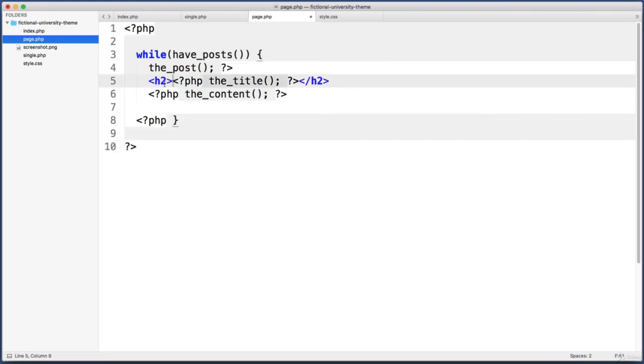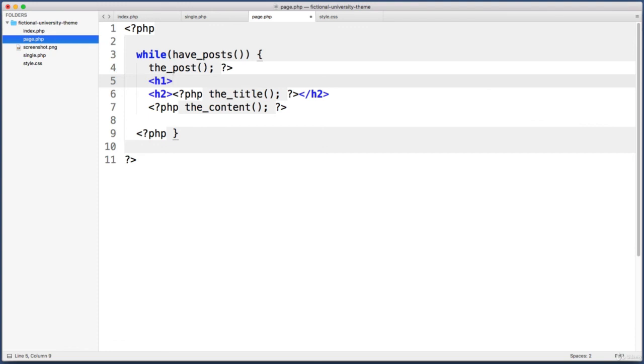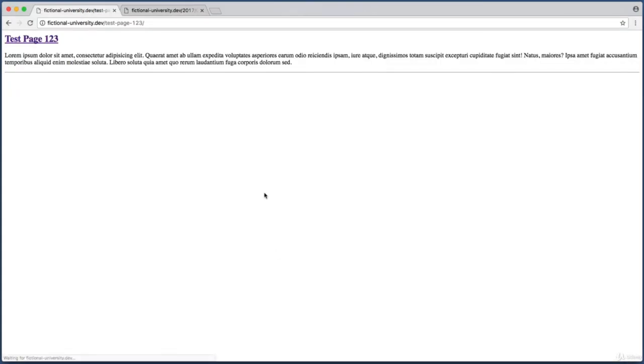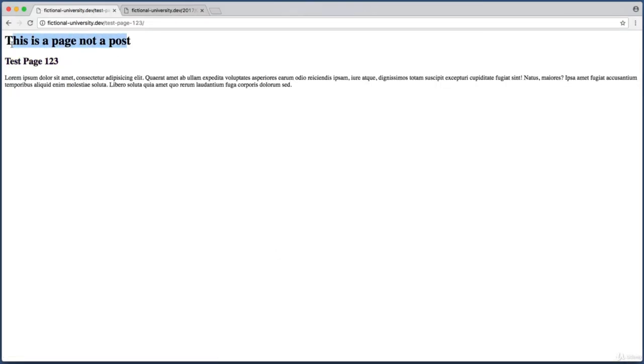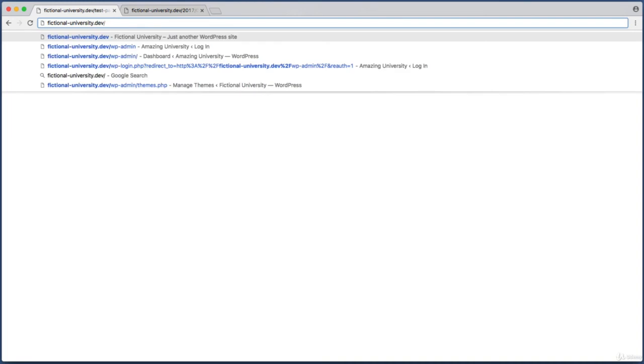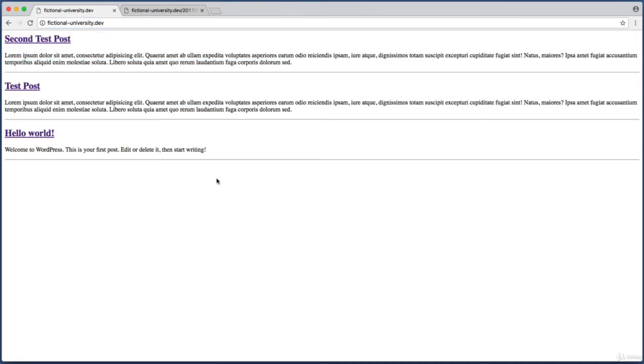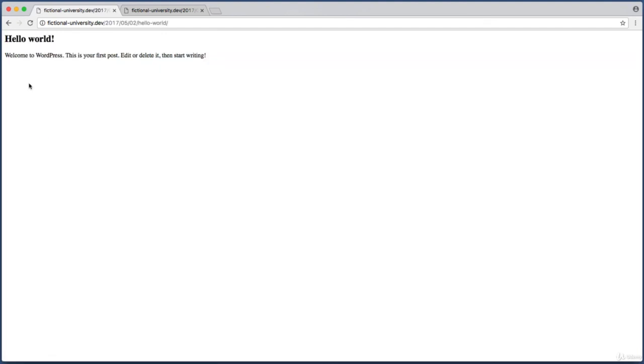And just to prove to ourselves that this is indeed the file being used, maybe right above this heading level 2, why don't we create a heading level 1 that says, this is a page, not a post. Let's save this, refresh. Cool, so we see this, which proves that we're using page.php. Here's the title and the content. If we go back to just fictionaluniversity.dev homepage, this is powered by index.php. And if we click on one of the blog posts, this screen is powered by